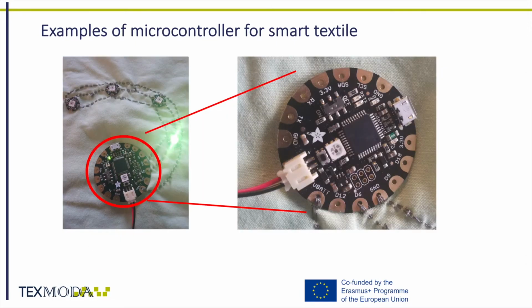In this slide, you see the second sample of smart textile. In this sample, an Adafruit Flora control board is sewn on a woven fabric. With the hole-shaped pins, the microcontroller can be easily integrated into textile structures by sewing technology. The small size and the round shape of the control board make the microcontroller compatible with textile structures.